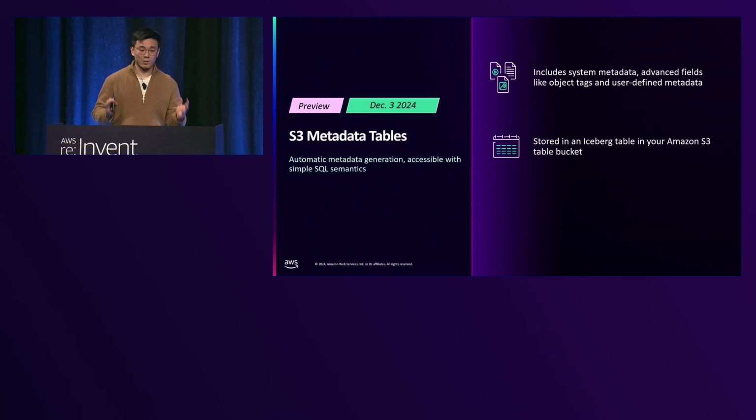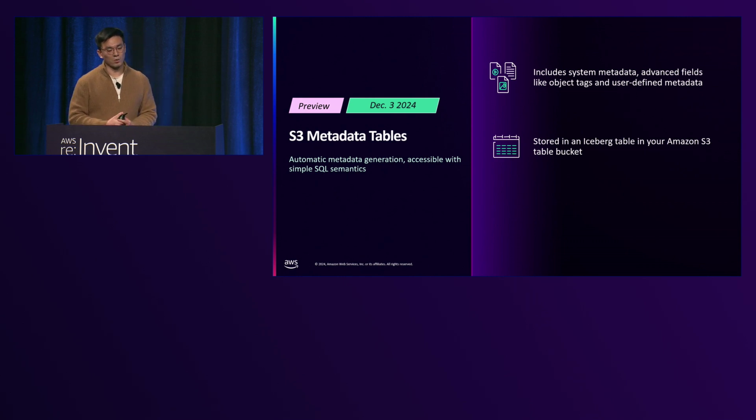The second thing we want to highlight is that as part of the launch, the metadata table will be stored in the newly launched S3 Tables, which was also announced by our CEO Matt yesterday.